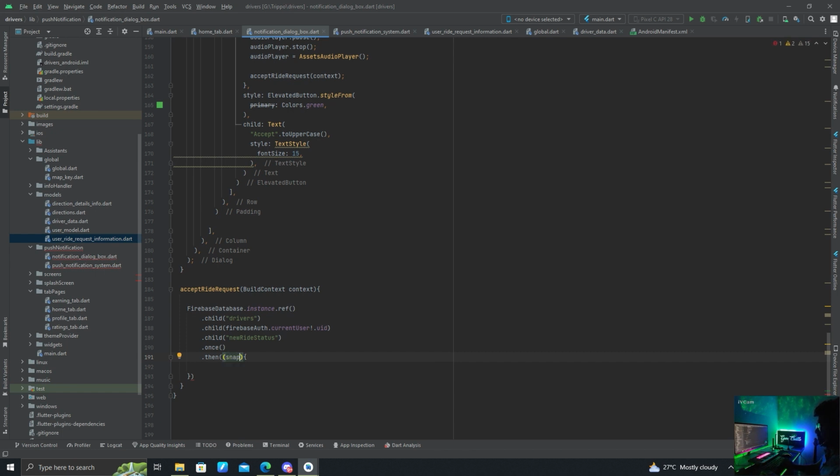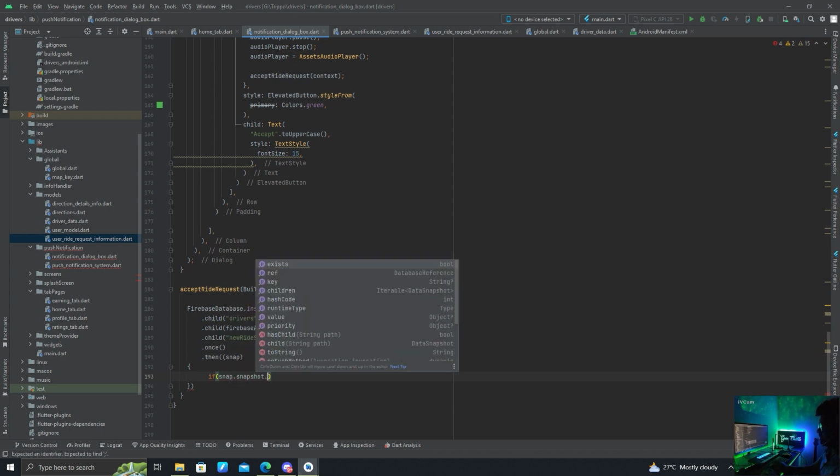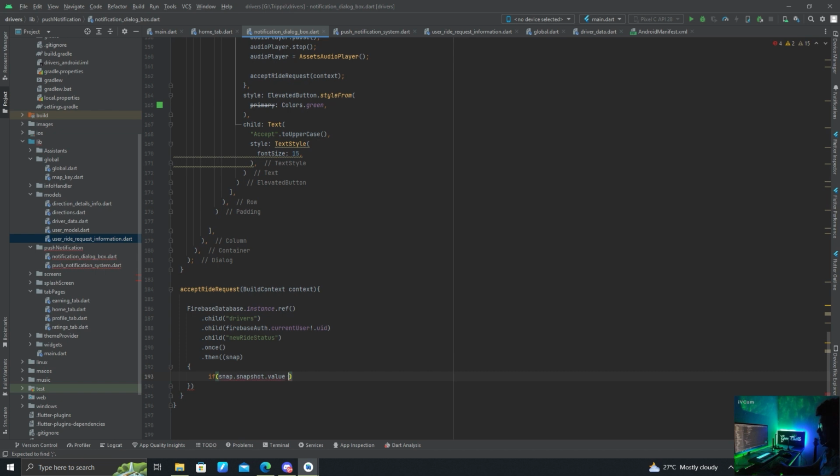snap, if snap dot snapshot dot value equals idle, then